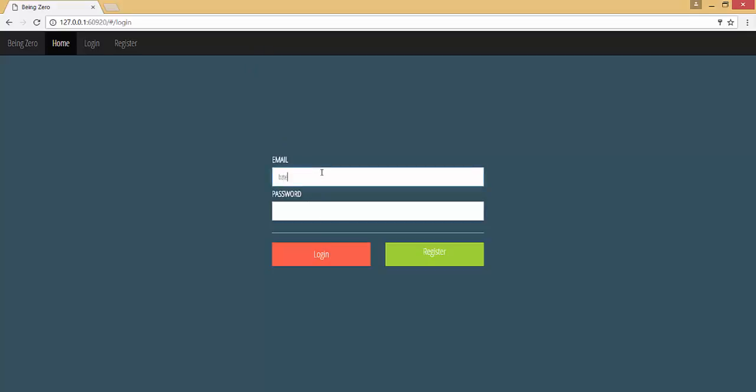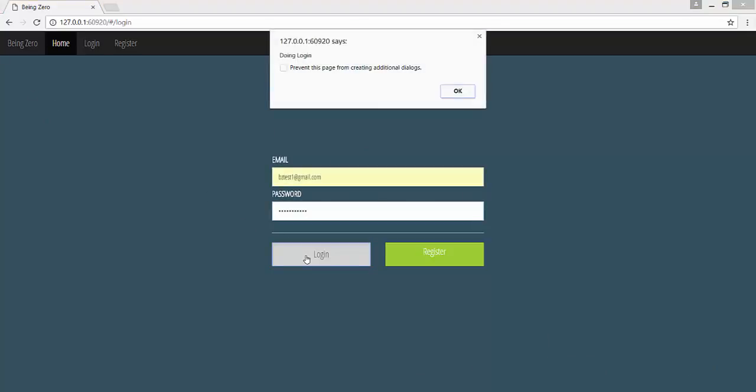Now we again do bztest1, bztest12345 and we say login. Okay, this is saying email, so let me put at gmail.com, say login. Now when this login request is made, it will go to the server and the server will send some response back. We are waiting for that,